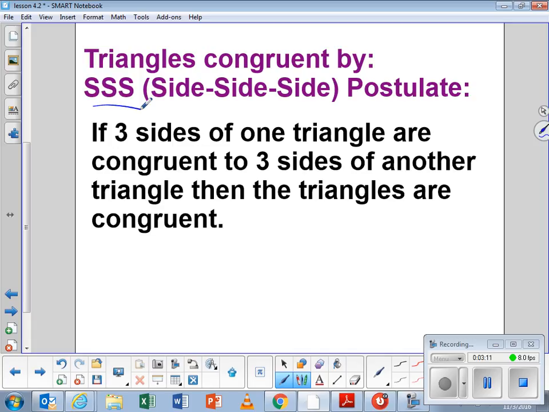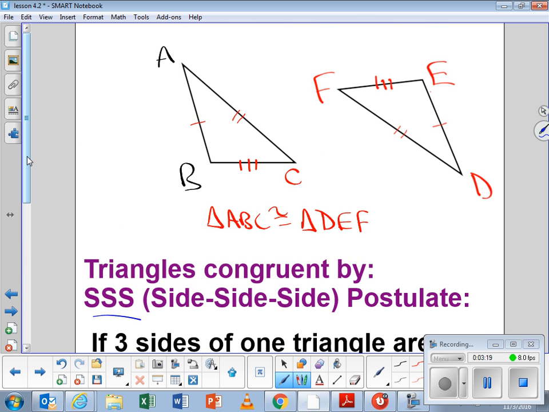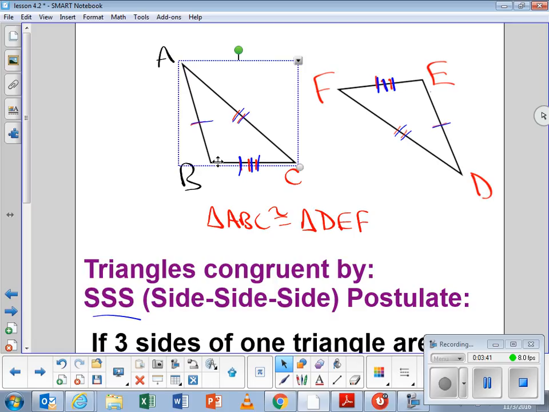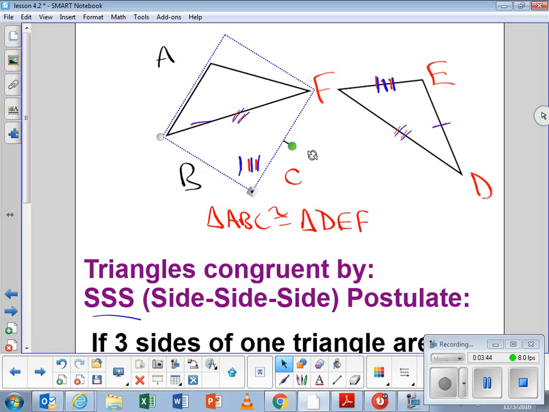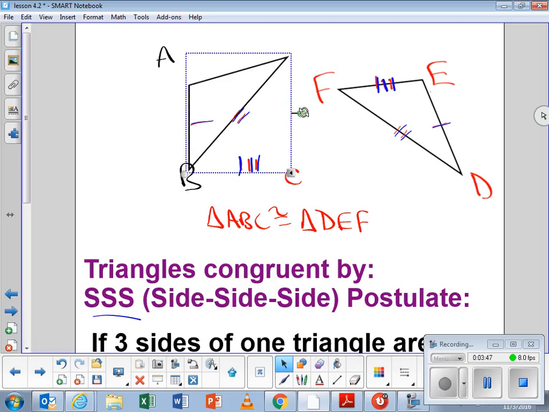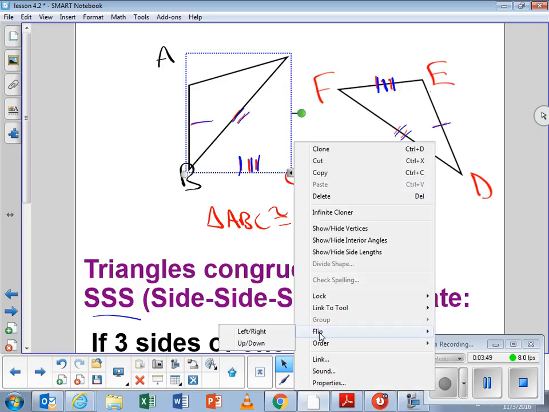So, if you're given information about 2 triangles and you want to know are they congruent, well, if you're given information that says all 3 sides of one are equal to all 3 sides of the other, like in this picture, we're saying that this side is equal to this side, and this side is equal to this side, and this side is equal to this side. Those 2 triangles have to be congruent. And if I took this triangle and I rotated it around, and I flipped it over,